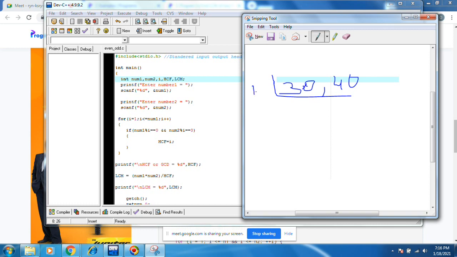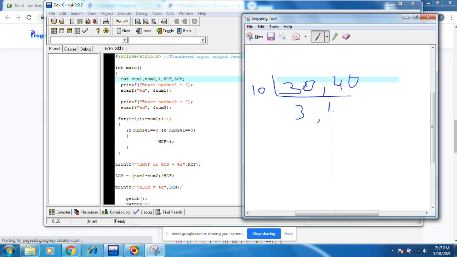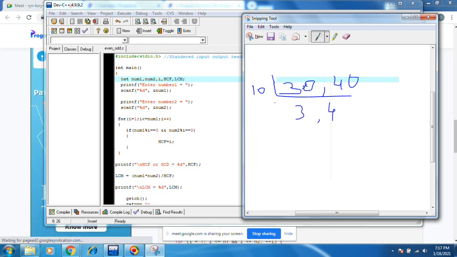Then let's go to 10. 10 3s are 30, 10 4s are 40. Then there is no common multiple. 10 3 is 30, 30 4s are 120. That is called the output we got.